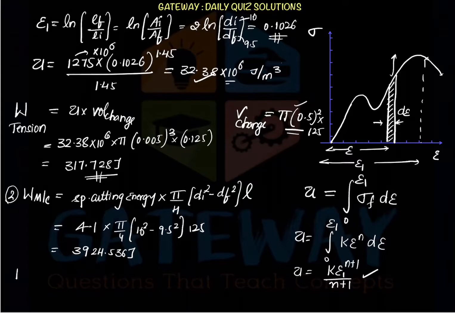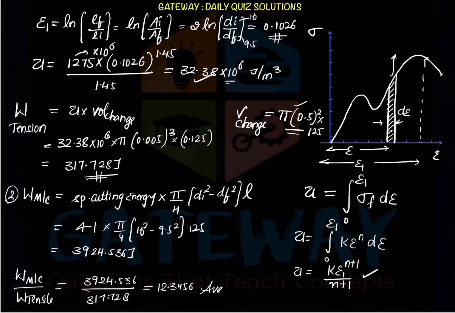and this work done under machining is obtained as 3924.536 joules. Now we are asked to calculate the ratio of work done under machining to the work done in tension to obtain the same final output. Okay, and that comes out to be 3924.536 upon 317.728, and that comes out to be